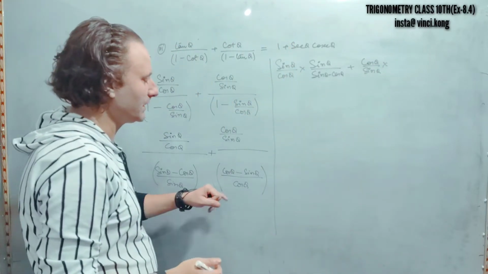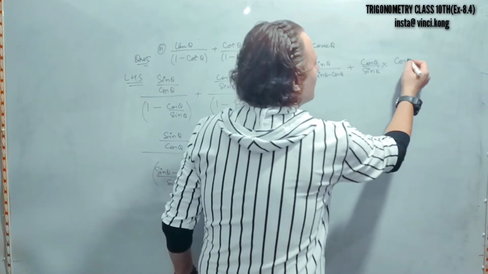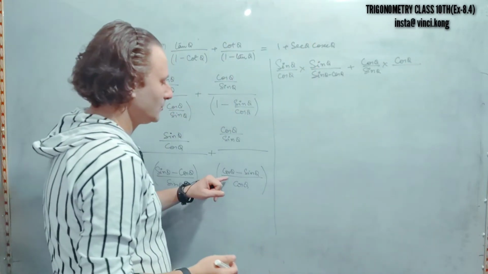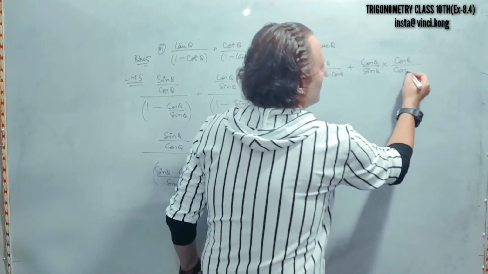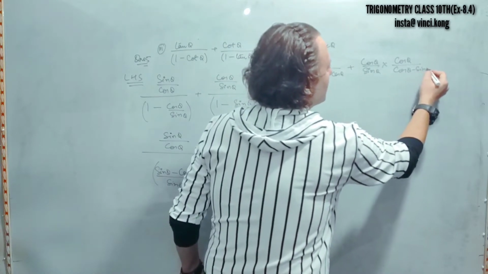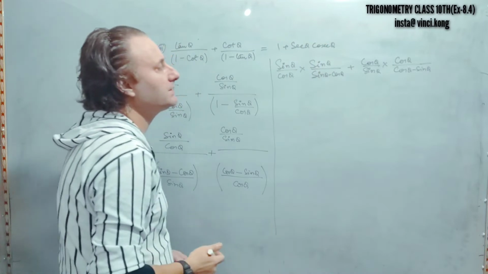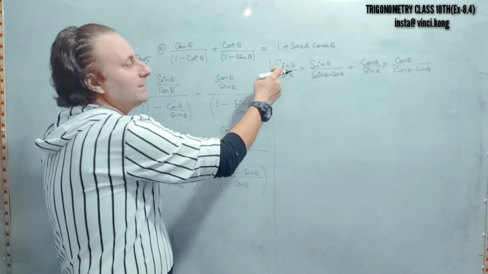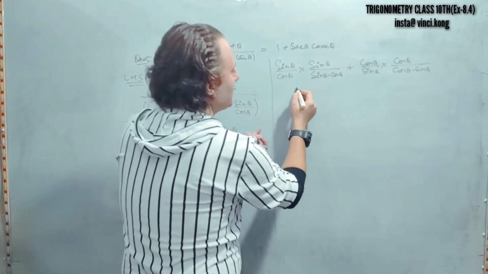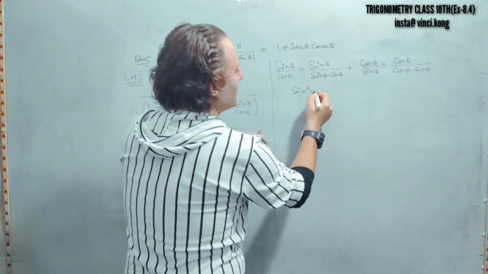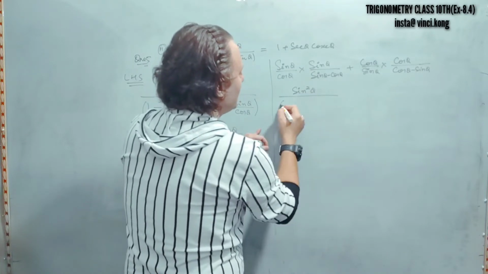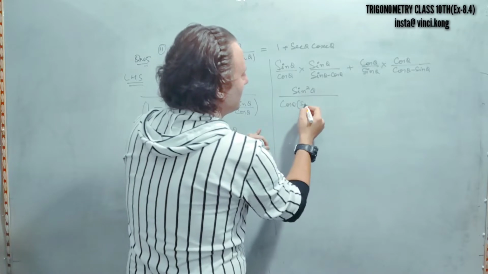Reciprocating here also, so we have cos theta, it goes up, then cos theta minus sine theta. Clear, guys? Now sine theta multiplied by sine theta becomes sine square theta divided by cos theta